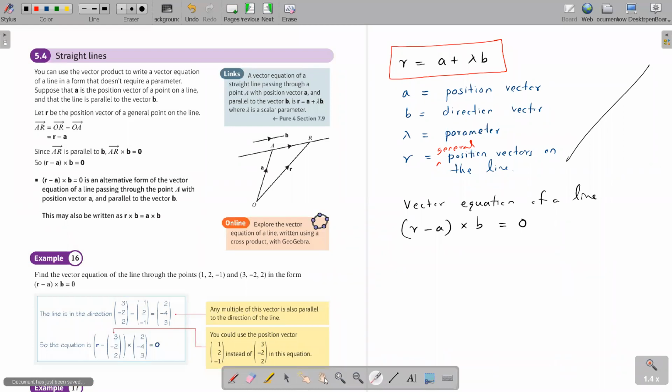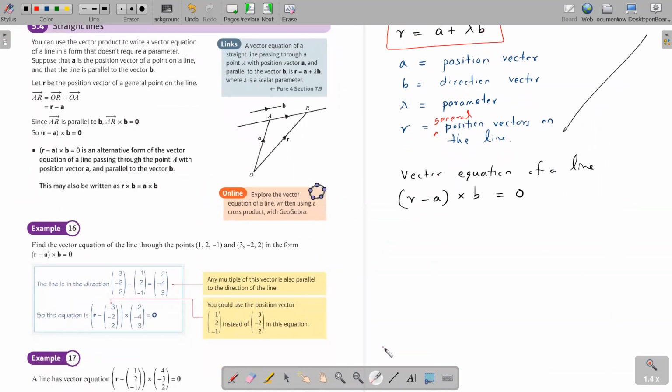Okay, we'll continue quickly. This is the main equation we use. This could be opened, right? You could open it and write r cross b minus a cross b, and write r cross b equals a cross b. Sometimes when you check in the past papers, children, you will see that they give the line in this format as well. So you just need to be prepared, whatever the format they give, this one or this one. Which means the cross product of r and b is equal to the cross product of a and b, where r is a general coordinate, a is a position vector, and b is the direction vector.